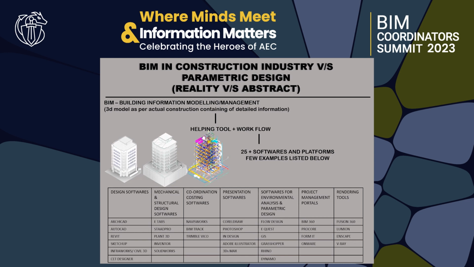GIS, which is Geographical Information Systems, is used by architects, civil engineers, and anyone whose work is involved with infrastructure and utility mapping. This can be integrated with InfraWorks to create an information model for huge acres of land. Grasshopper and Dynamo are programming tools that help in creating parametric and abstract forms of 3D models. Grasshopper is connected with Rhino to create a 3D model, and Dynamo is connected with Revit to create a 3D model with